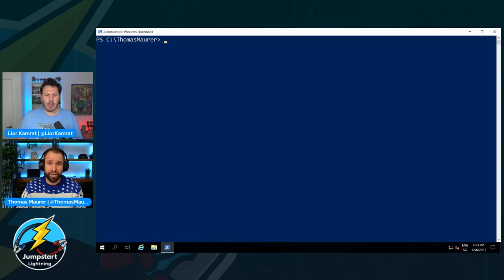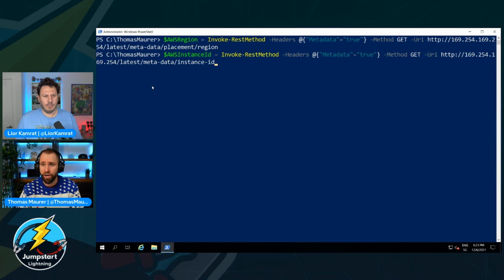Yeah, absolutely. And again, you're absolutely right. With tags, I can automate so many different processes. So the next thing I want to do here is, as an example, take two information points I get from this metadata service. One is the AWS region, so I'm going to save that in a variable, and then I'm going to save the instance ID of that system also in a variable. So those are the two pieces of information. Again, I could do much, much more, but those are the two things I want to add.